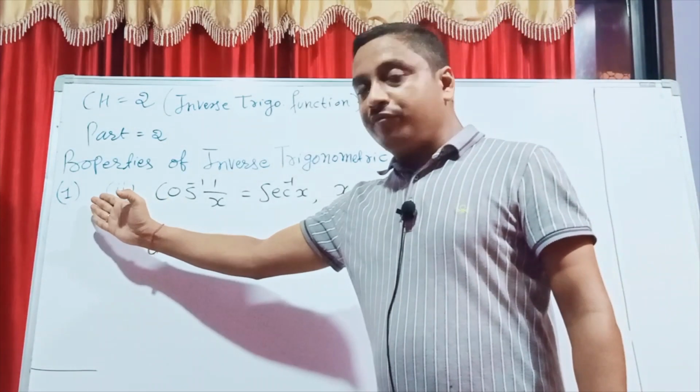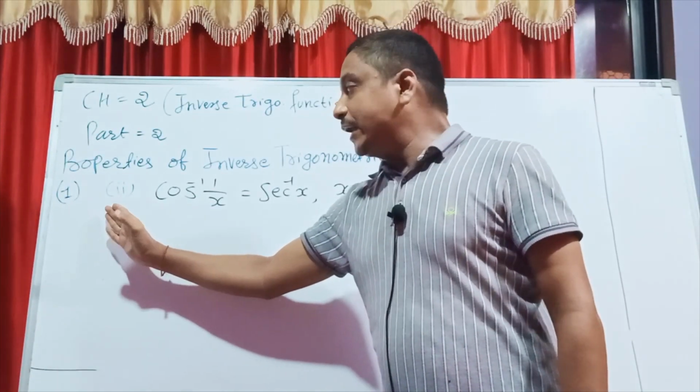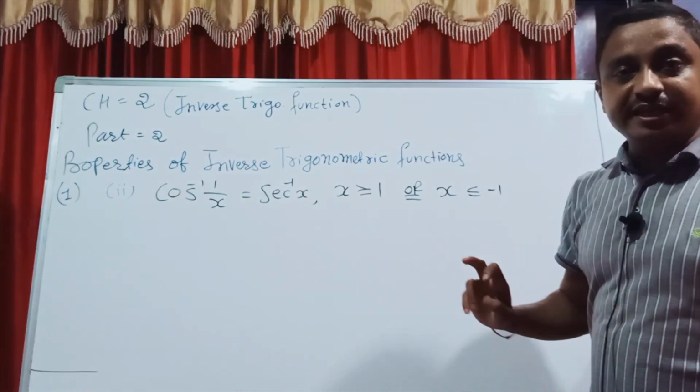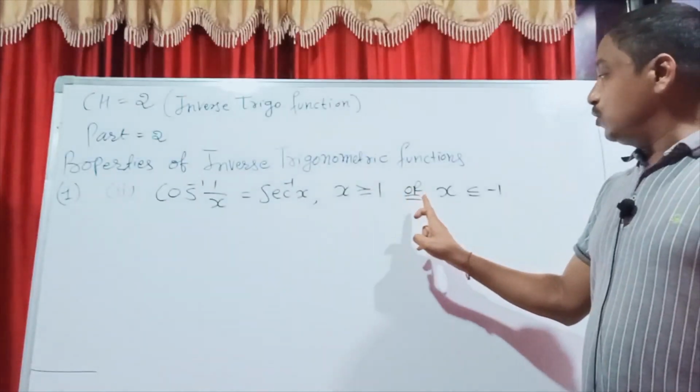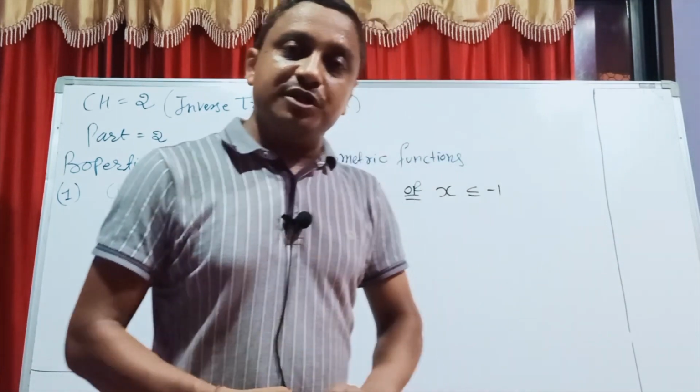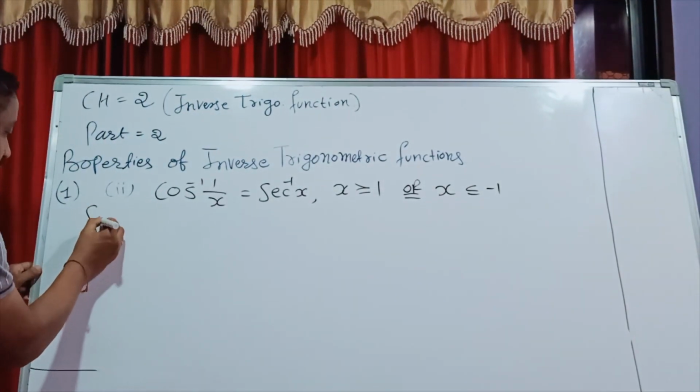Now continue, students. Property 1 has three parts. I go to the second part: cos inverse 1 upon x is equal to sec inverse x, where x is greater than or equal to 1 or x is less than or equal to minus 1. I explain it with the same solution. Suppose